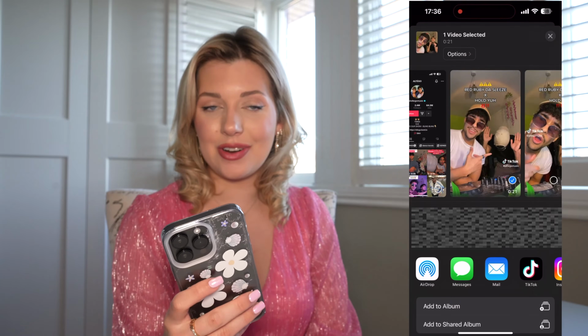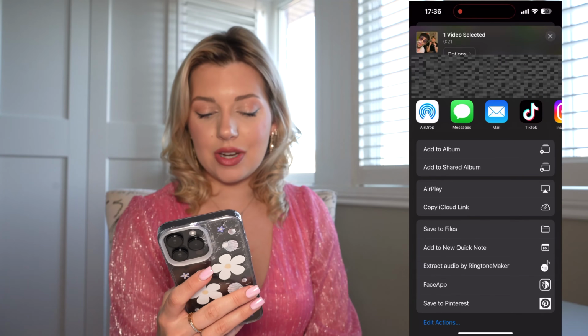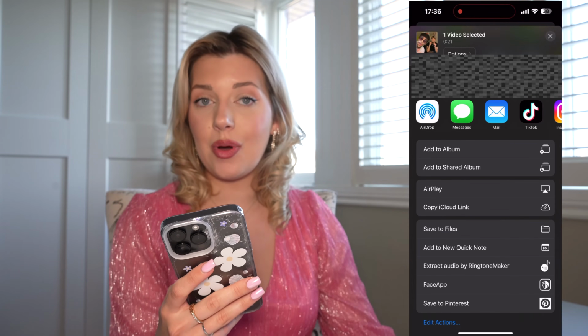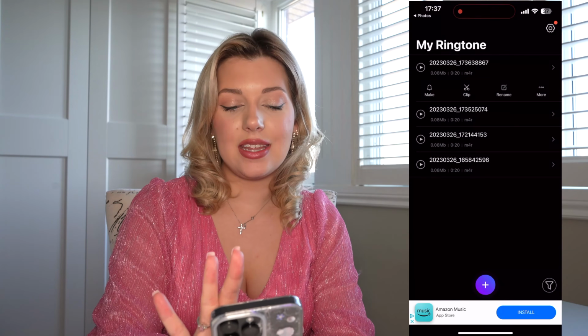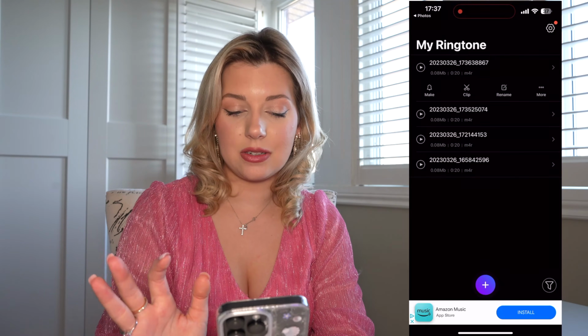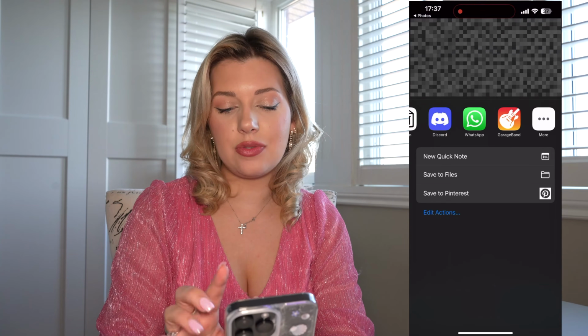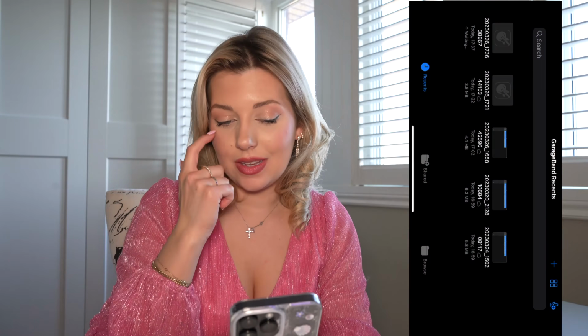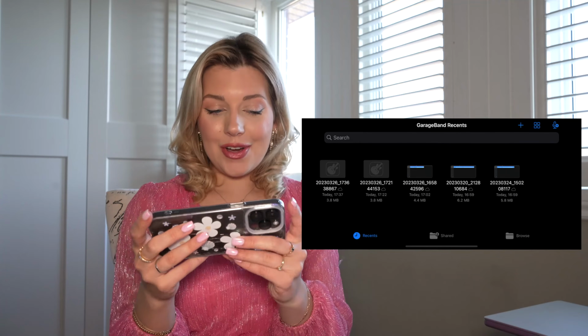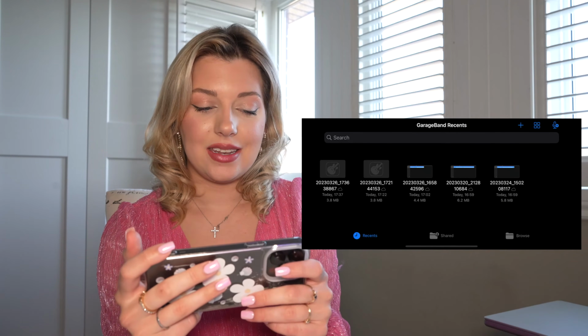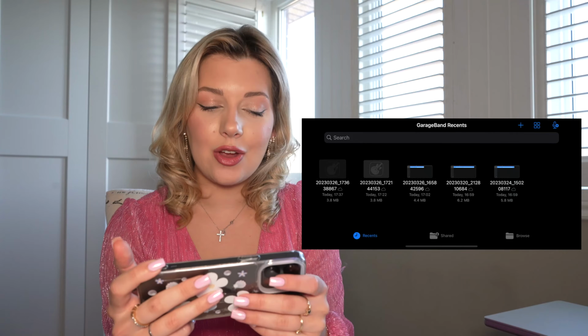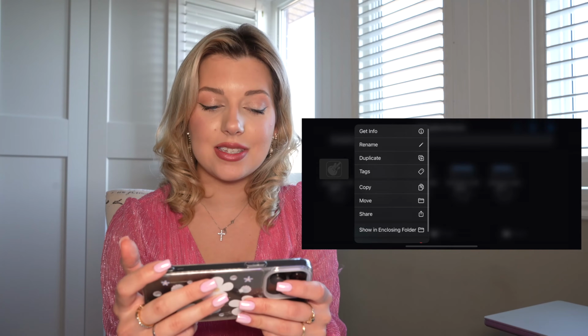Now we're gonna head over to our camera roll, scroll down and click on Extract Audio by Ringtone Maker. We're gonna select our sound and then click on the little bell that says Make. Now we are going to scroll to the right and wait till you find GarageBand. There we go. Now we have the audio already there, nothing else more for us to do except hold down